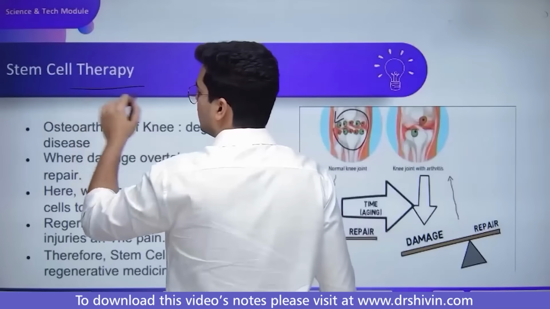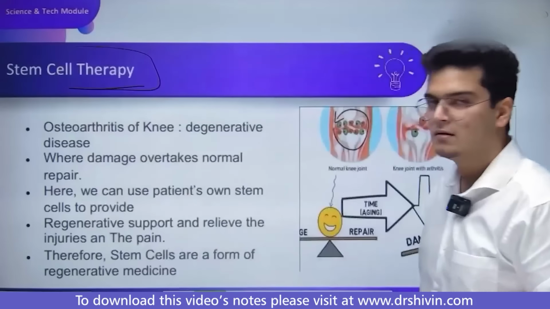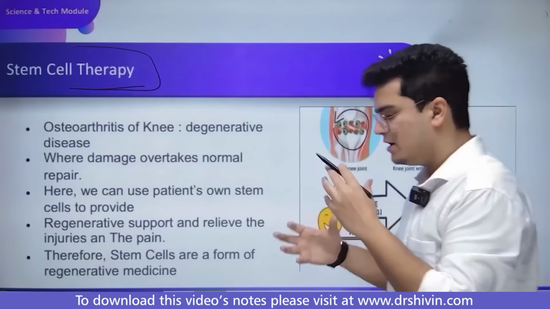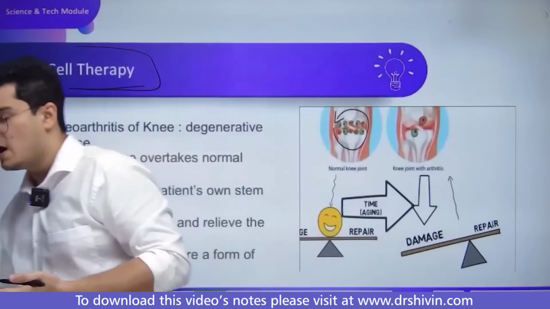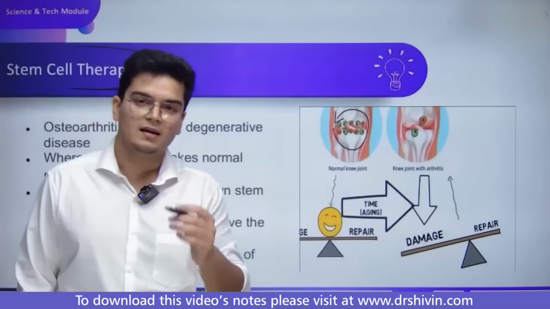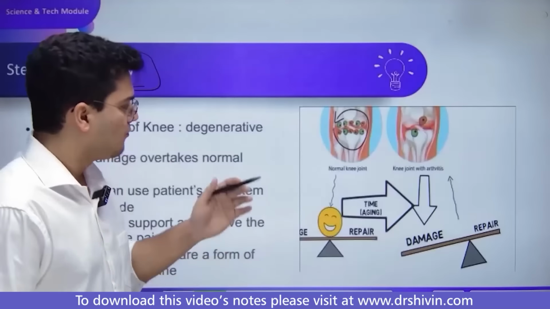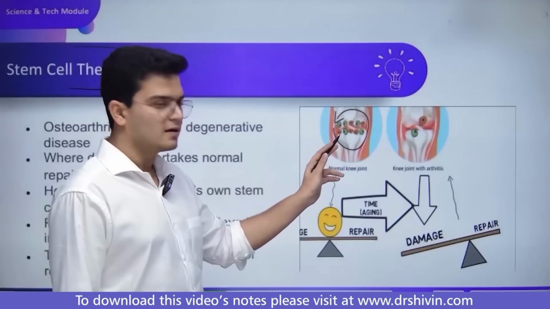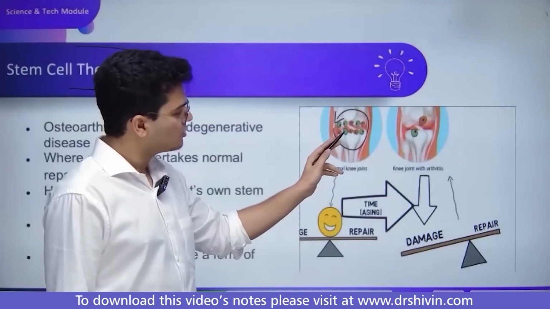ऑलराइट, नाउ स्टेम सेल थेरेपी का एक पर्पस तो आपने देख ही लिया, कि हमें इंड्यूस्ड प्लूरिपोटेंट स्टेम सेल बनानी है and we have to ensure that immune rejection does not happen. What are the other ideas? देखो, ये एक नॉर्मल नी जॉइंट है, नॉर्मल नी जॉइंट में कुछ सेल्स होते हैं जो